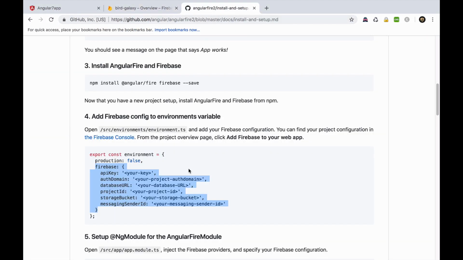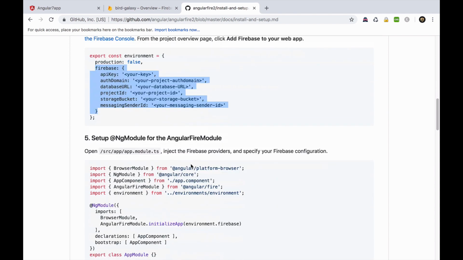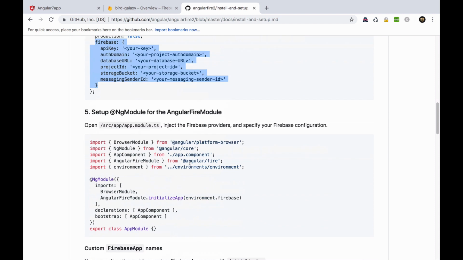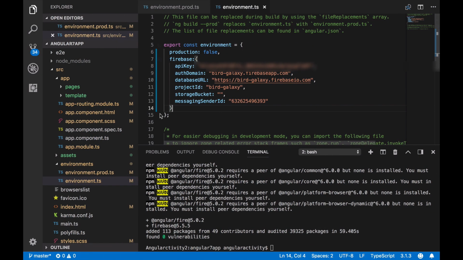Now we follow the installing instructions, so let's head over to the fifth part. We have to add a couple of pieces of information into the app.module.ts file. We have to declare the AngularFire module to be able to use it in our application, along with the environment information for Firebase hosting.